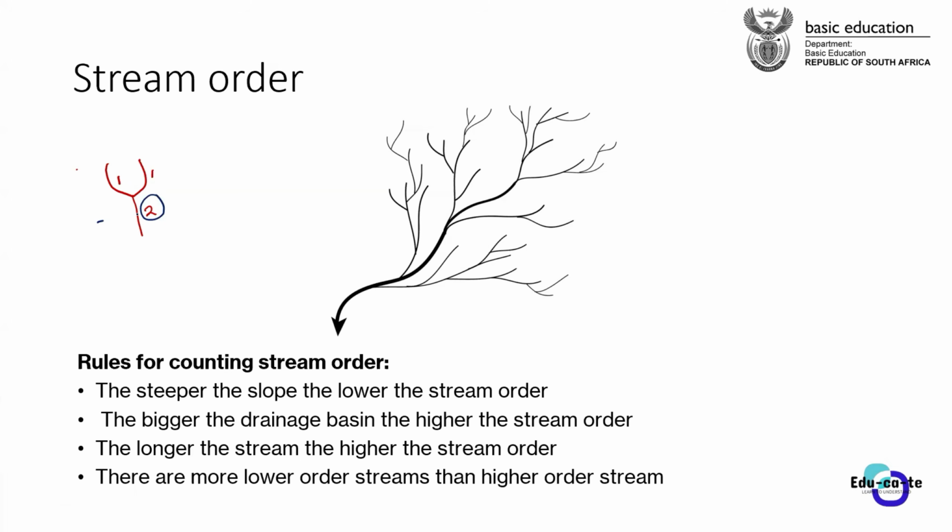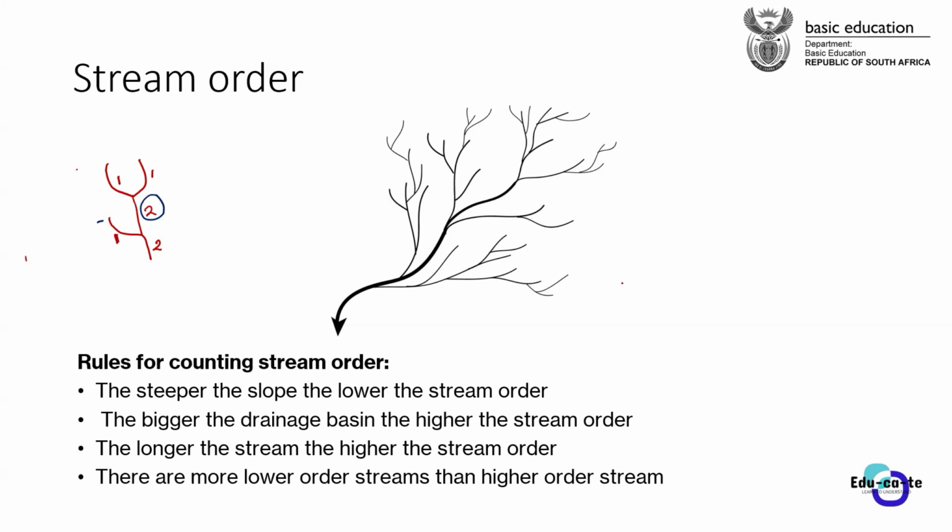And then if it happens now that I join in another stream coming in this direction, I'm going to give it the label 1 because it is only one stream. It's not a combination. So when this one stream joins with stream 2, it will remain as stream 2. It won't change the number. It can only change if we're having stream 1 plus stream 1, we get stream 2.